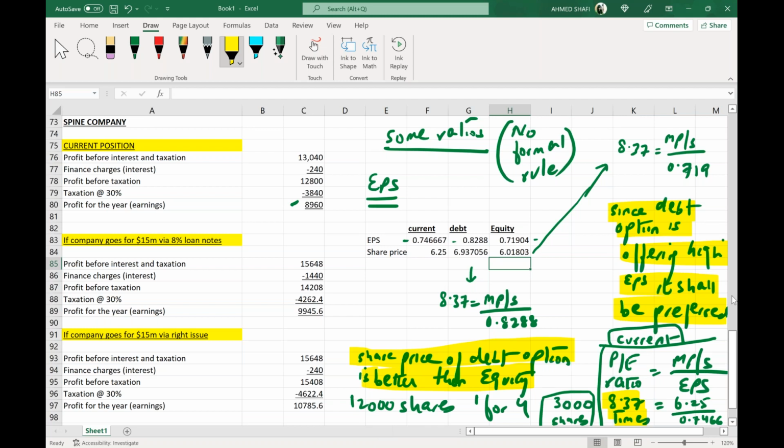Now if you need to calculate some other ratios, you can. Like people may ask to compute financial gearing, but the company's current debt position is not given. Therefore, debt over equity, it's difficult for me to get financial gearing. Operational gearing is contribution over PBIT, but contribution information is also not given. So I think many ratio computations are not possible. However, it is strongly recommended that you compute as many ratios as you can and then decide, even if some options are giving debt and the other options are going for equity, write it. Any questions, please ask.